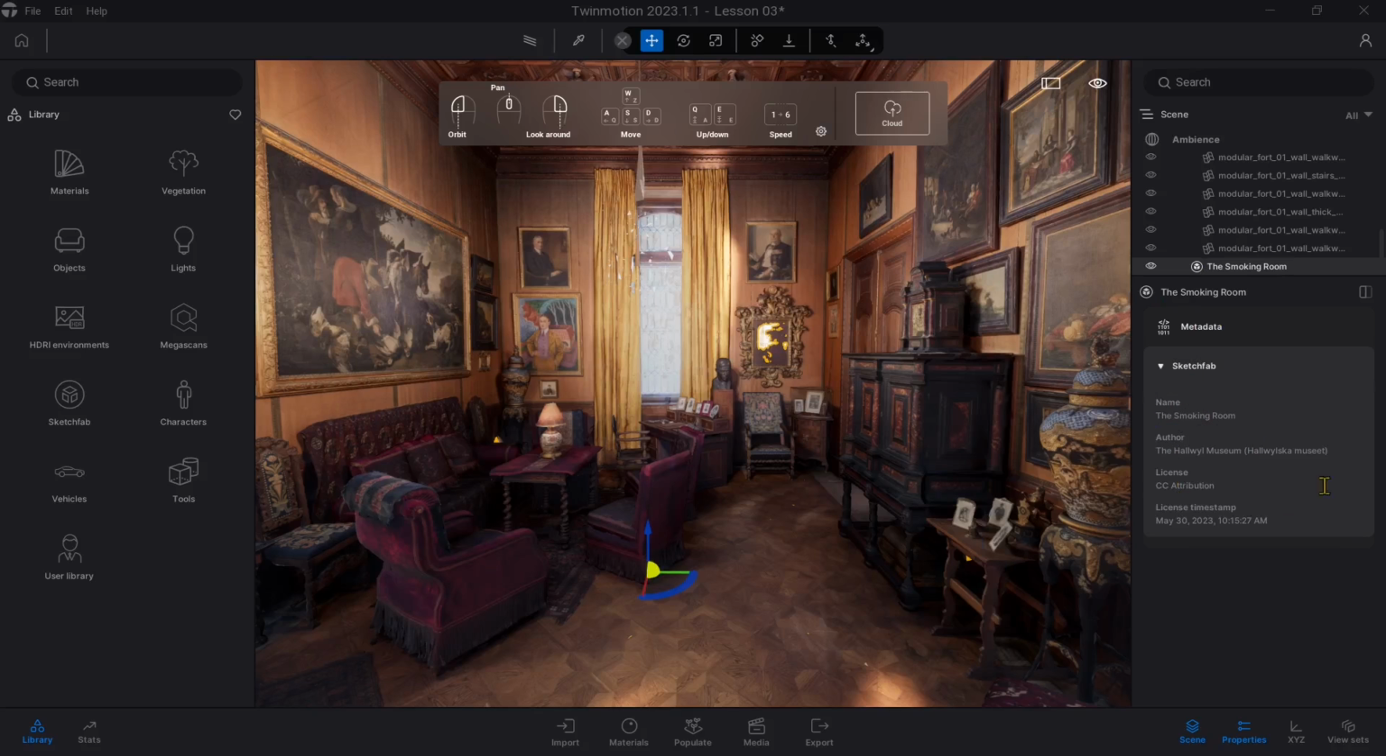Now, if we go here on the right in the scene panel, we select the SketchFab file. We have the little icon. You have the metadata, some